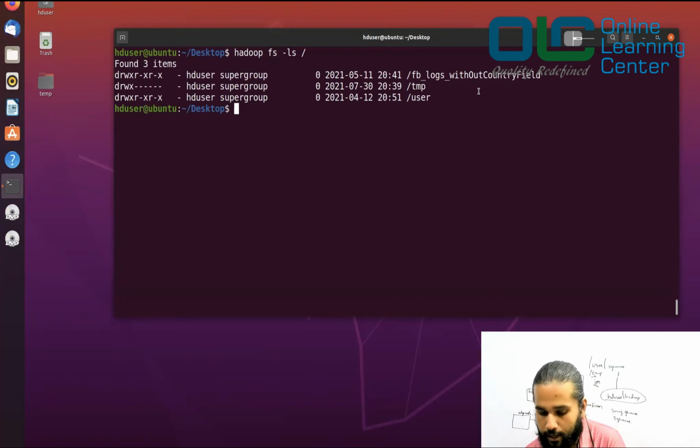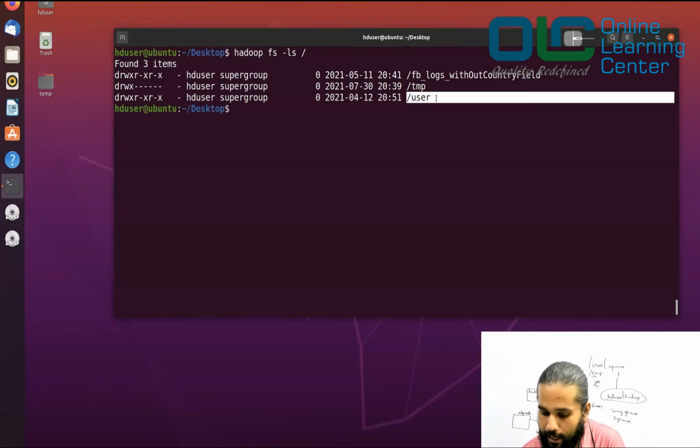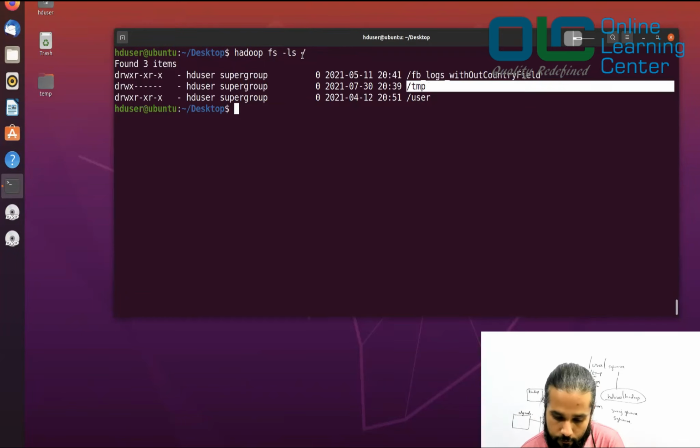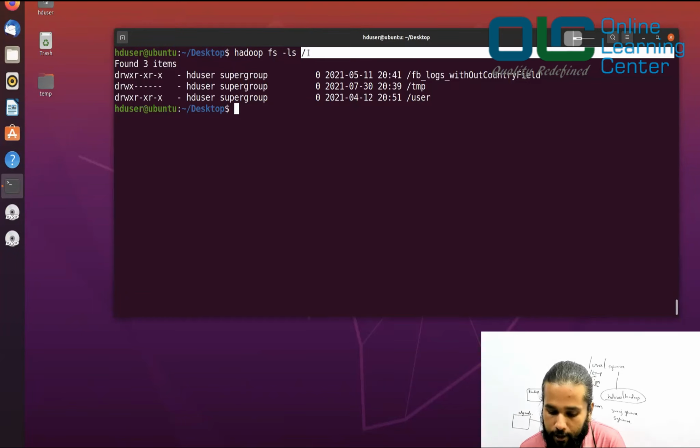If you see, I have /user, I have /tmp, and some other folder because I created that while running some job. But you should see you have a /user and probably /tmp as well. Every Hadoop file system and Linux file system has a main location called /. That's the starting point. Inside that / you have files and folders.